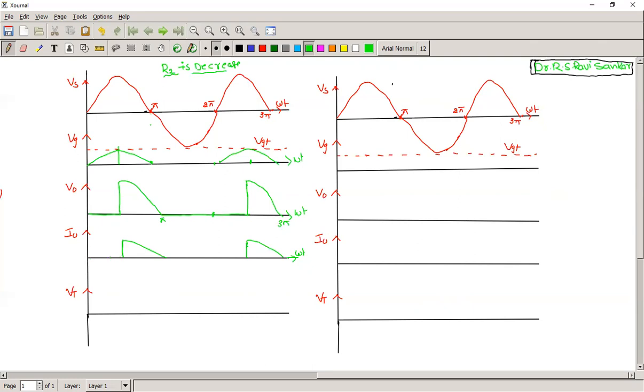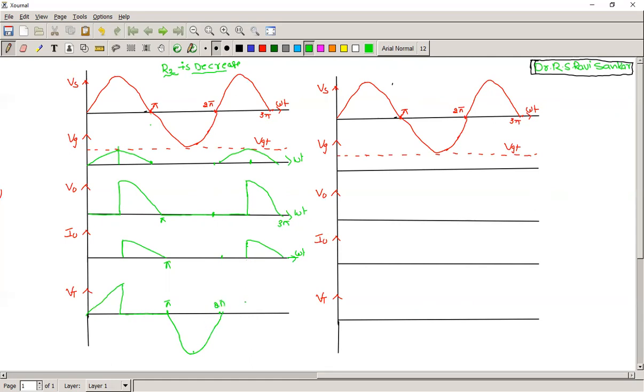Now, from this point to this point the SCR is blocking, so the voltage across the SCR is the source voltage. Now you have to see from the circuit what the waveform is. Once the SCR is on, the voltage across the SCR is 0 up to angle pi. Again, from pi to 2 pi, the SCR is reverse bias, in the off state, so the voltage across the SCR is the same as the supply voltage. You take this magnitude up to 2 pi.